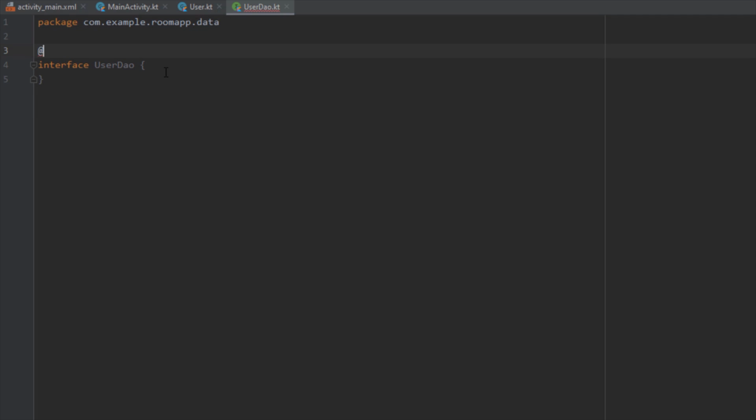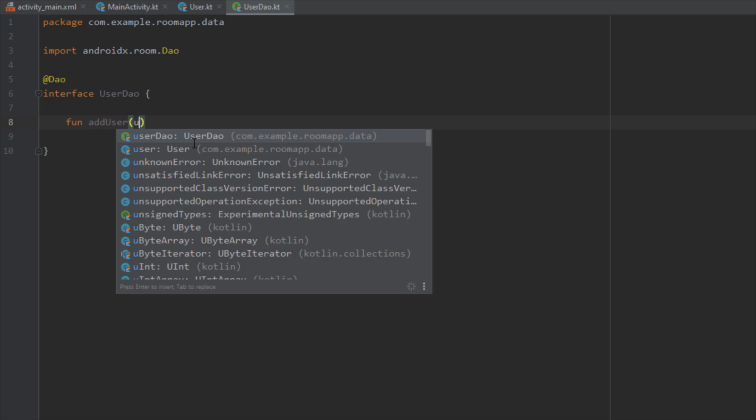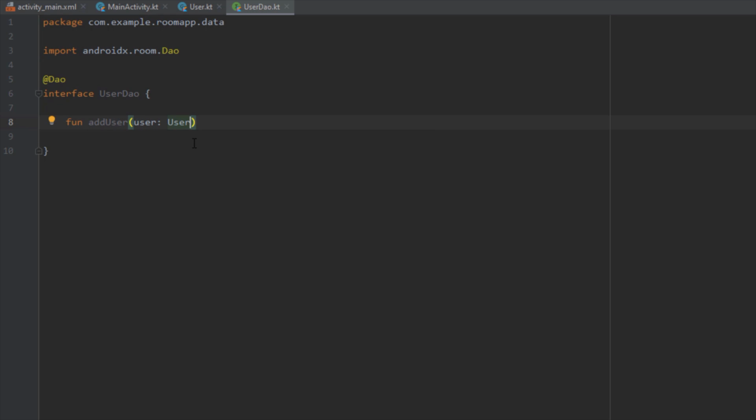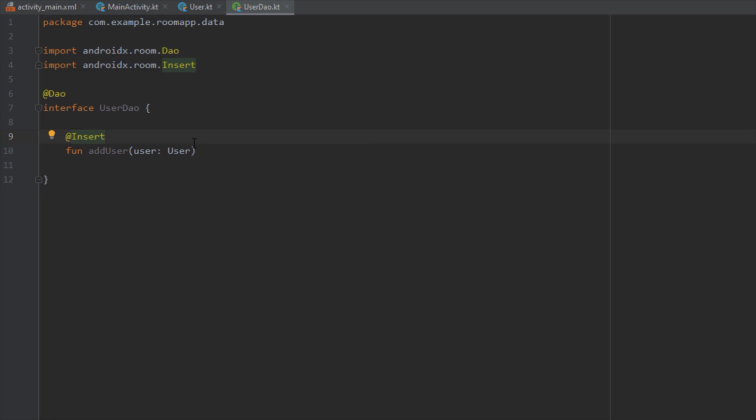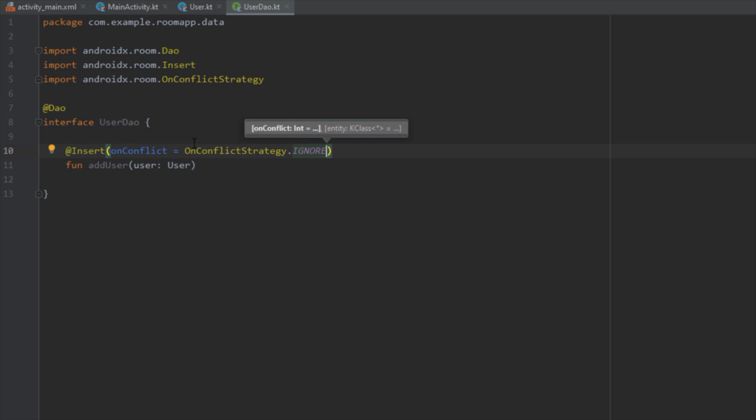Alright, so first let's annotate our interface with @Dao. And here we're going to create a function addUser, and we're going to pass our user entity here. Let's annotate our function with @Insert, and here we're going to specify the on conflict strategy, and in this case it will be just ignore. That means if there is a new, exactly the same user, then we're going to just ignore that, but you can specify a different on conflict strategy. And I'm going to add a suspend keyword in front of this function,